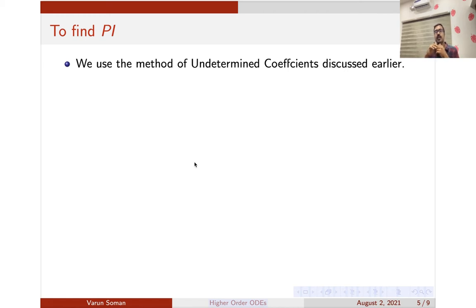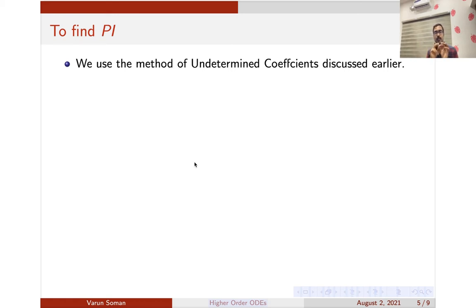Okay, suppose your general solution contains e raised to x and your RHS also contains e raised to x. So you have to remember the modification rule which you have discussed in the undetermined coefficient video. What's the modification rule? If there is an e raised to x factor in the CF, in order to prevent it from combining with the RHS, what will you do? I'll assume that the solution is of the form x e raised to x.